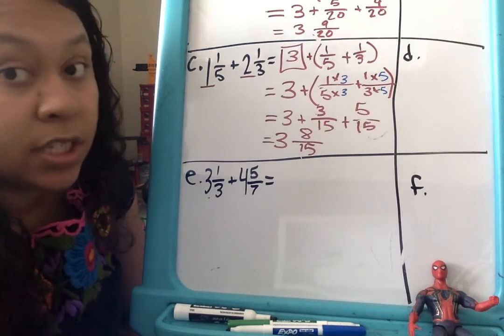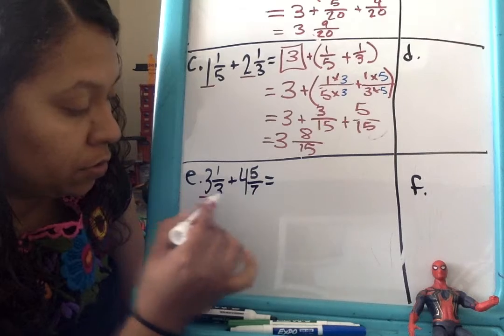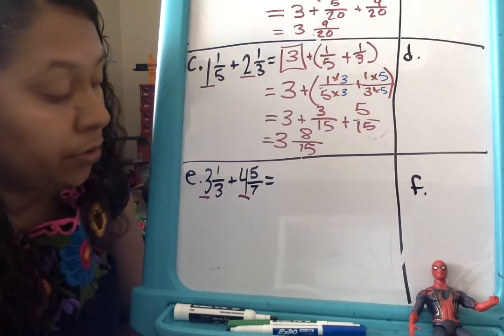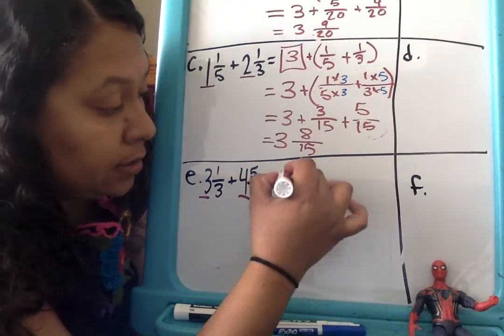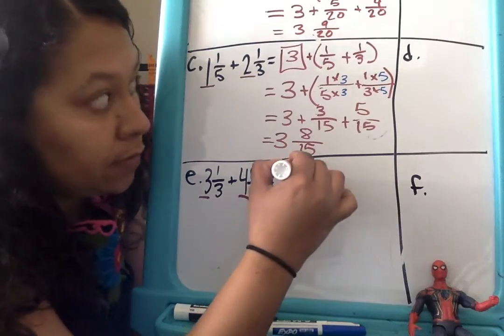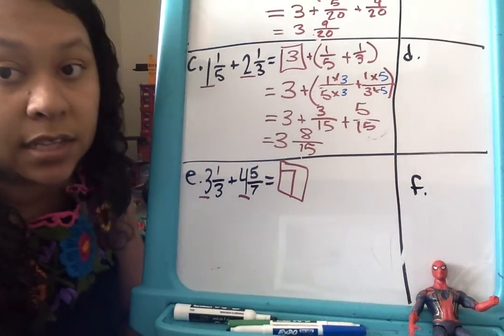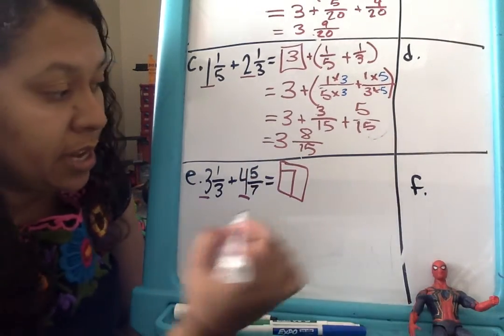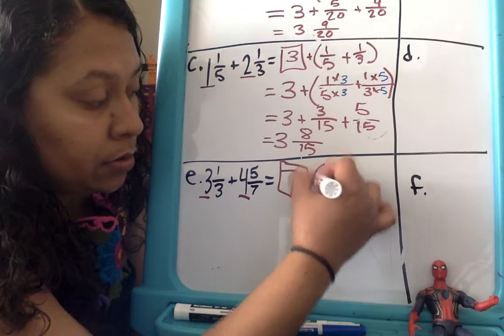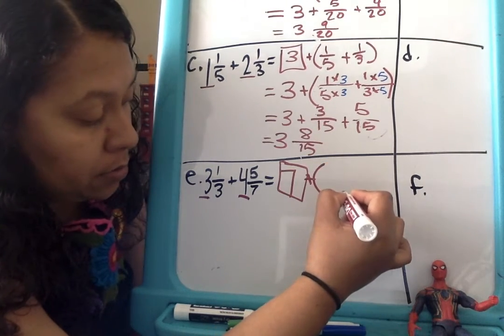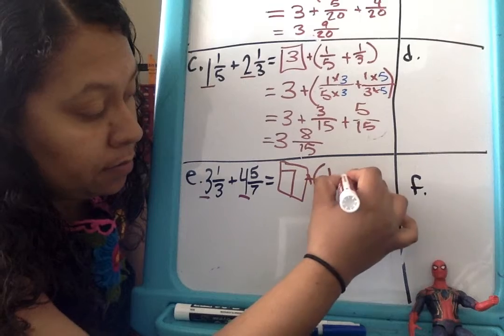So now we have E, 3 wholes and 1/3 plus 4 wholes and 5/7. Okay, so first let's add our wholes. So 3 wholes plus 4 wholes. So that would give us 7. So that's your first answer in that first blank. And now we have our grouping symbol, parentheses, 1/3 plus